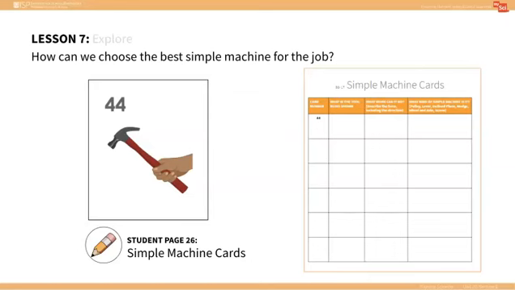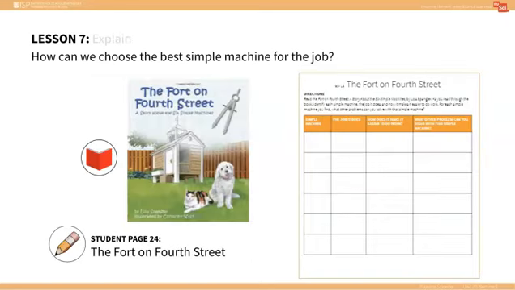of the force. In the Explain portion of this lesson, have students turn to the For Creative Minds Simple Machines page in the back of the Fort on 4th Street book. Have students read the description of each simple machine. Students should take time to fill in the third column, How does it make it easier to do work, of